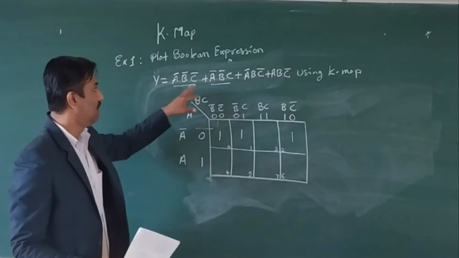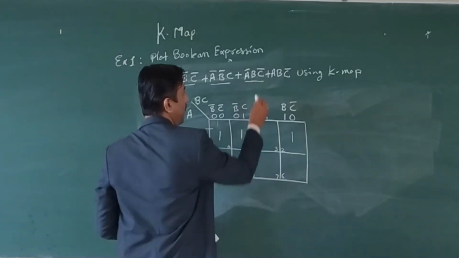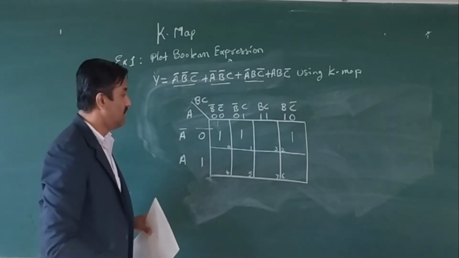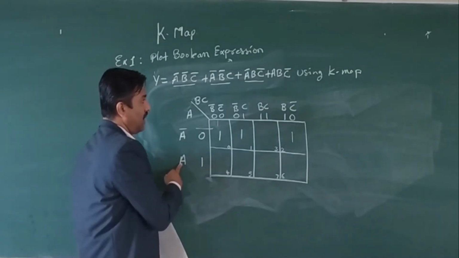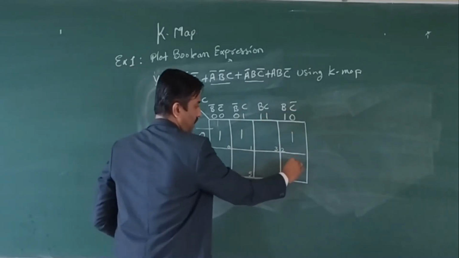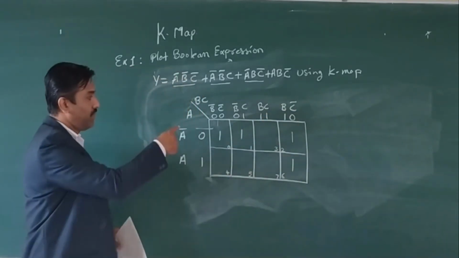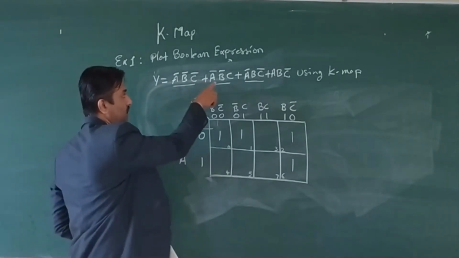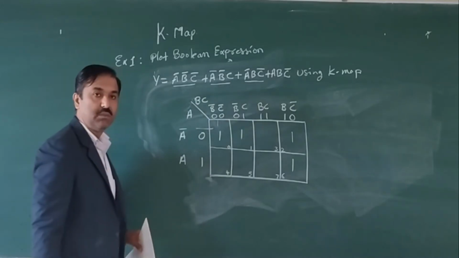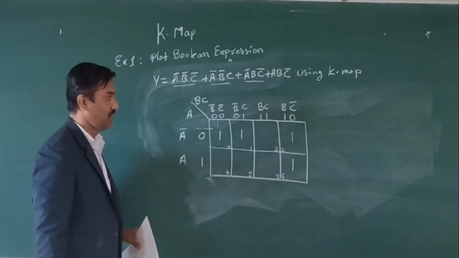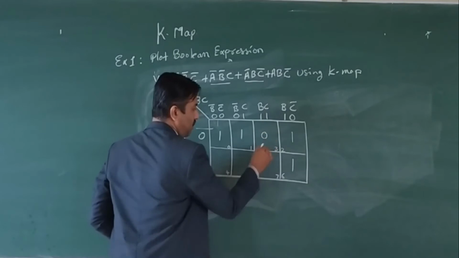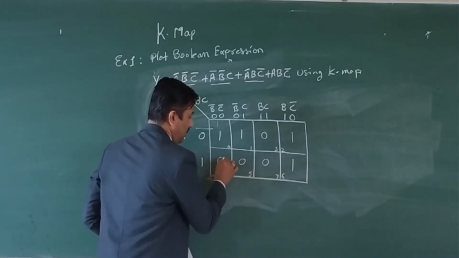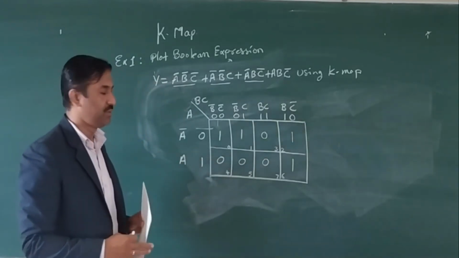Fine. So the 3 product terms are over, and finally I have the last product term in the given Boolean expression, that is A B C bar. So it will come here. Hope the plotting of ones in the cells is clear. This is with respect to the terms which are present in the Boolean expression. The remaining cells I put as 0, which is again optional.